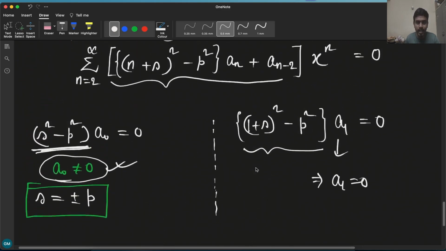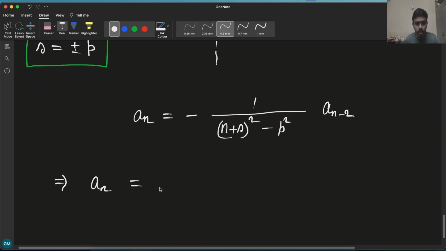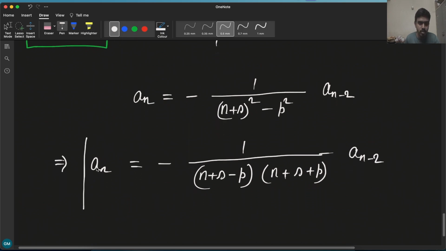This I can also write as an equals to minus 1 by (n plus s minus p) times (n plus s plus p) times a(n minus 2). This is the recurrence relation,